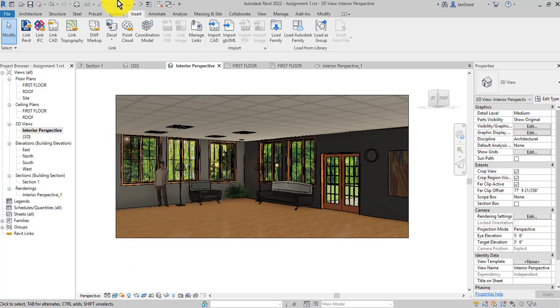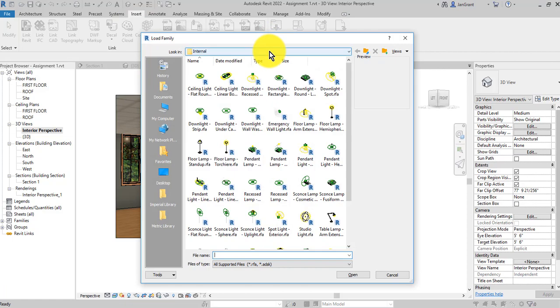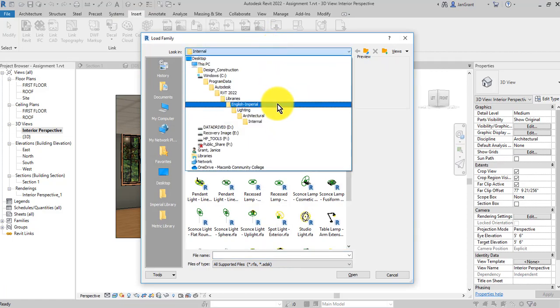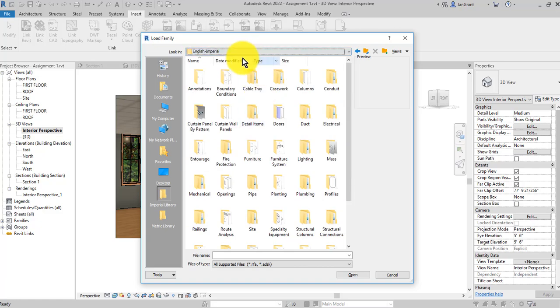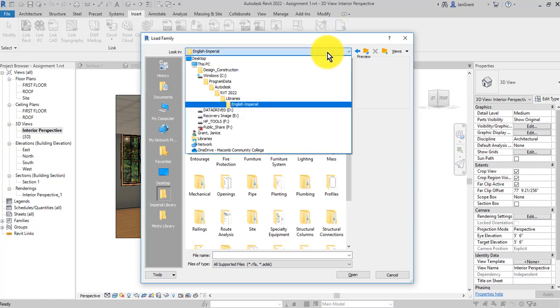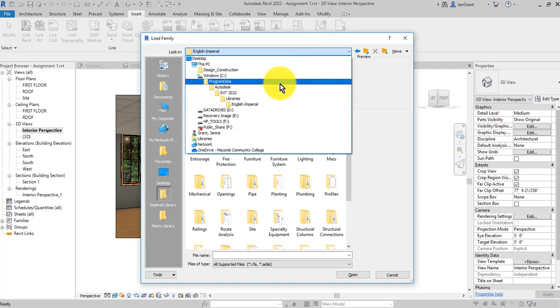And so I wanted to go back over to the Insert tab and pick Load Family and just show you here under Look In where this folder structure is. So it's in the C drive on your computers if you downloaded it. There's program data, and then all the way down to this English Imperial. That's what the main folder is right there. So it's up to you if, when you bring the files in that I've posted in the discussion board, you want to put them in this program data folder, you have to